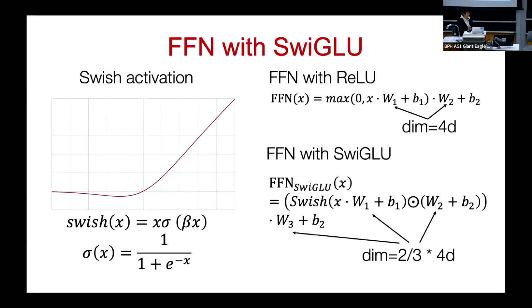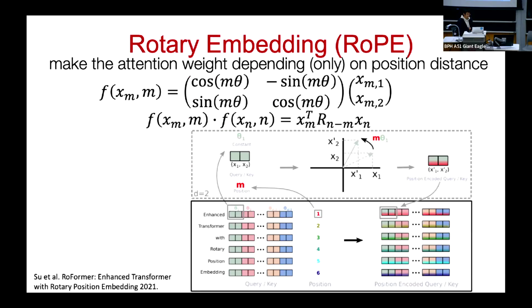And the second improvement is the replacement of the activation function. So for Llama, they use the SwiGLU activation function. The formulas are provided here, and this is probably just experiment results that they found, which works better for training and performance. And the last one is how they changed the positional encodings